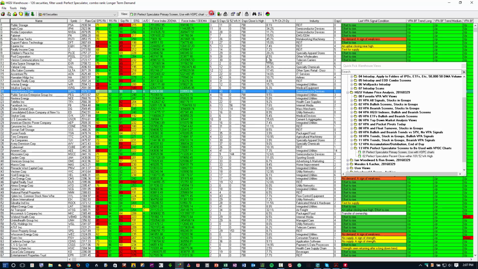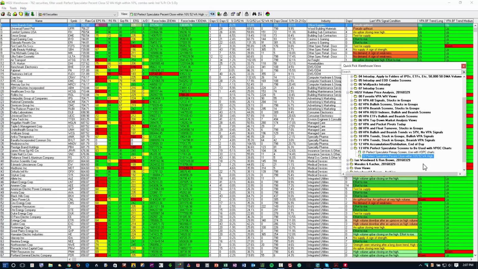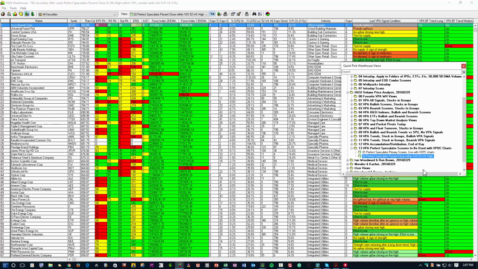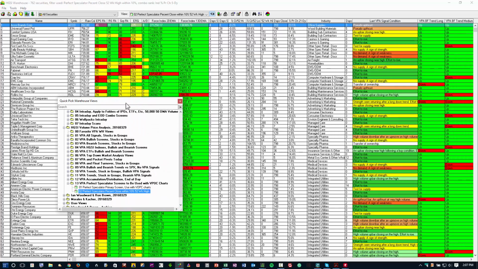Now I have one more view associated with this. He is looking for all-time highs, but I thought, that's great. But what about stocks making 52-week highs? Especially when you have a big sell-off like we had. Why do you necessarily want to wait for stocks that are making all-time highs? So that's what this view does, and it